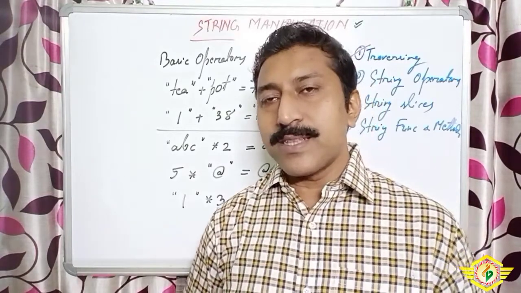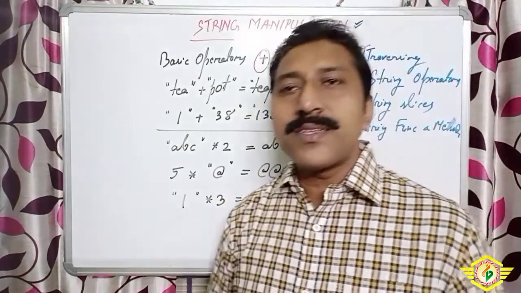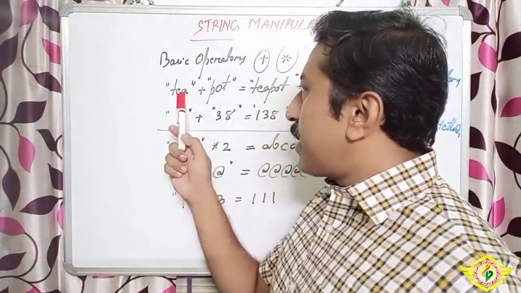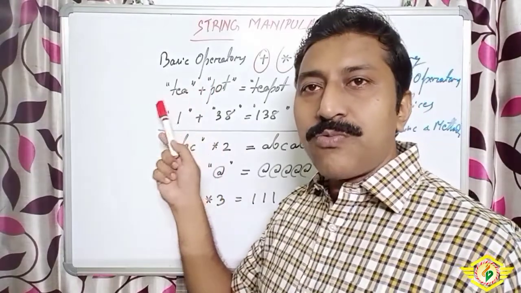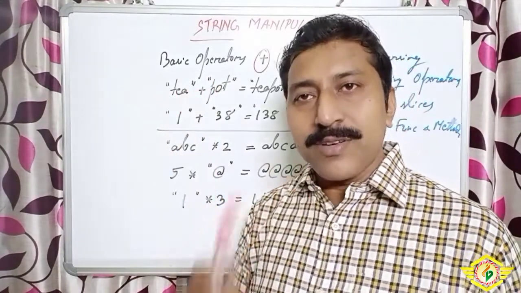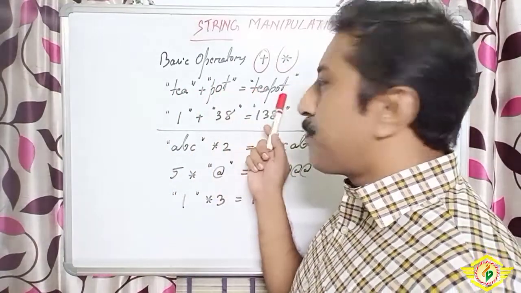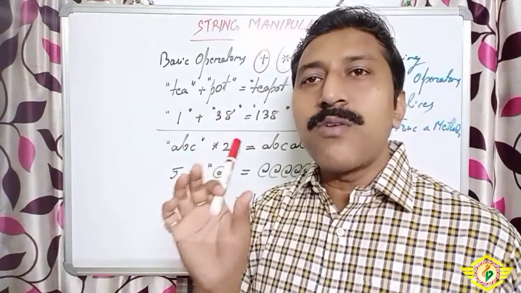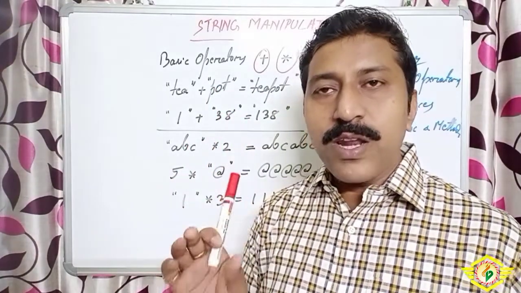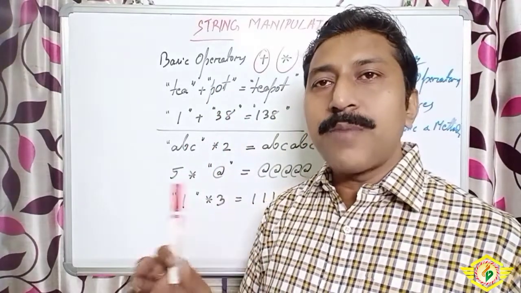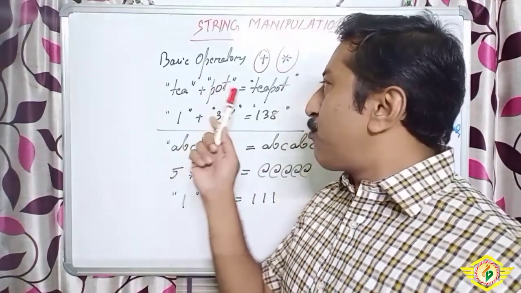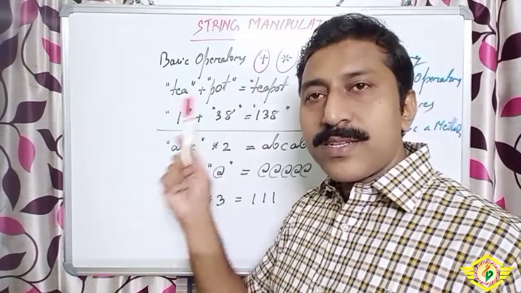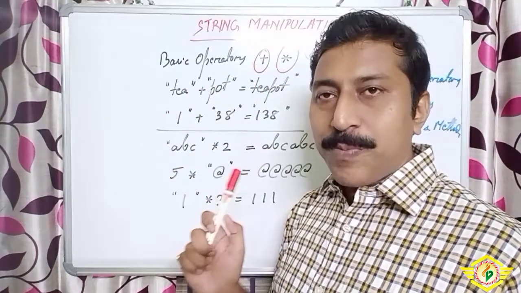So I am showing you one example, just you see. Suppose I have given some examples here. I have written one word here plus another word. So when we are joining two words together by the help of the plus sign, the output will come teapot. Teapot will be only one word, but by the help of this plus sign, the two words can be merged and we can form only one word. So that is the use of the plus operator.